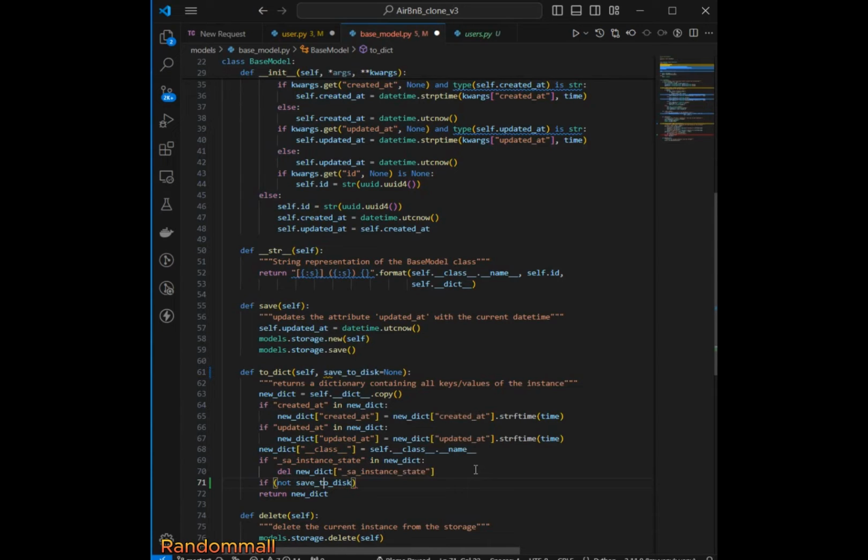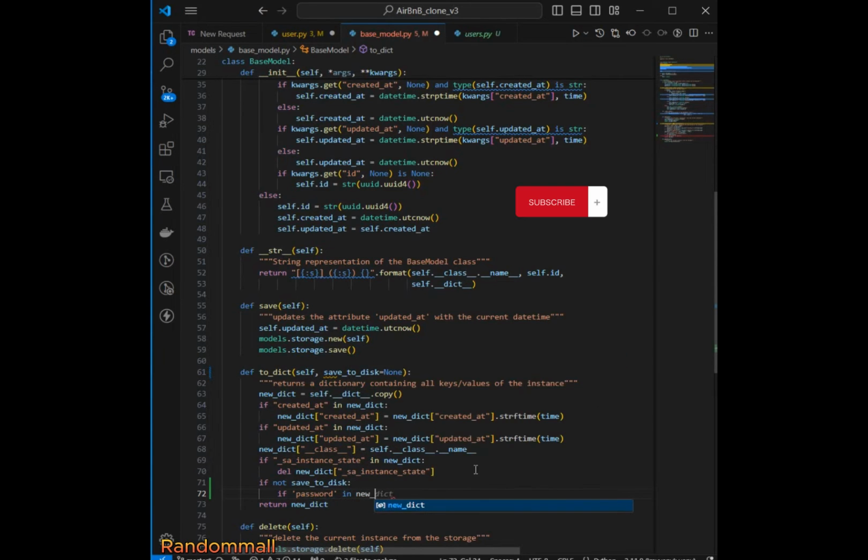We are going to say if save_to_disk is None, still using JavaScript. If it's None, what we are going to say is we are going to first check that password